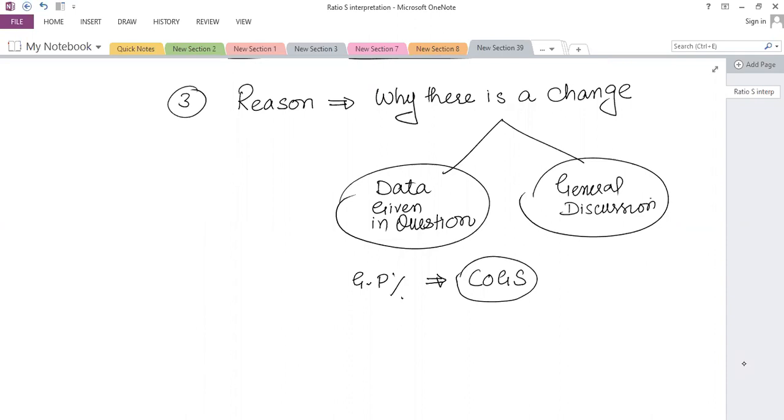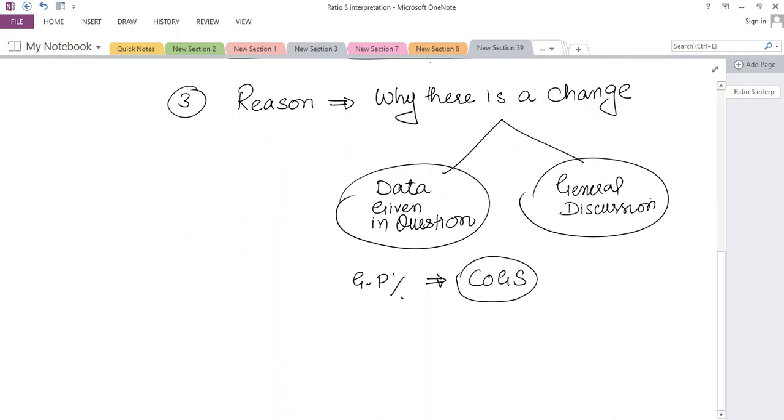And there will be marks for identification of reasons, why a ratio has increased and why a ratio has decreased. And at the end, if the examiner asks for any recommendation, you have to recommend or conclude about the overall financial performance and financial position of the business, right? So